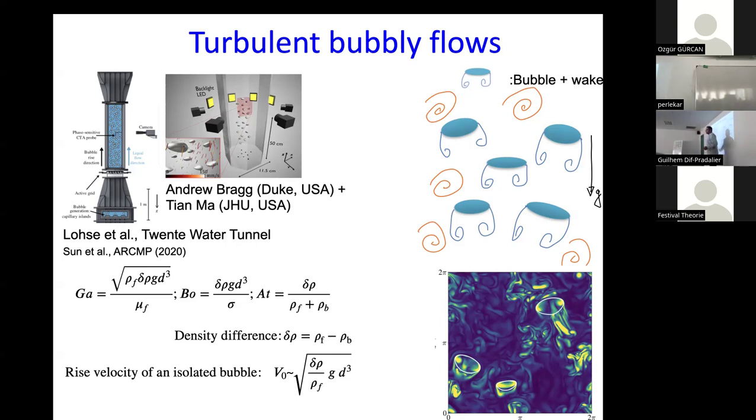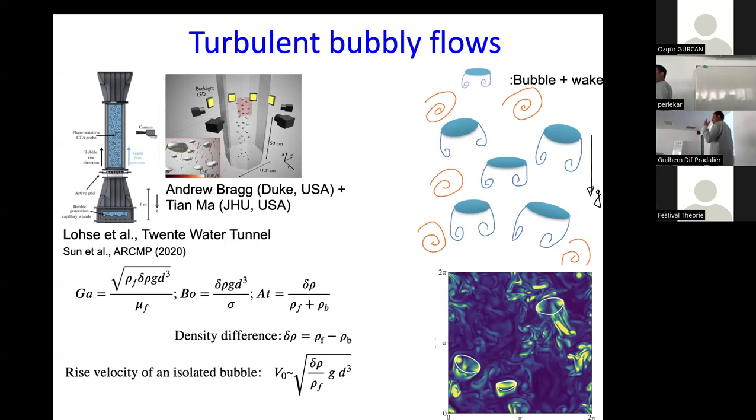Now, one of the things I would like to emphasize is that as a fluid dynamicist, one should always look at the non-dimensional or dimensionless numbers. So for the system we are looking at, namely bubbles in water, there are three numbers which are crucial, right? The bubbles are rising because of buoyancy. So one of the dimensionless groups comes from the balance of buoyancy forces to the viscous forces.